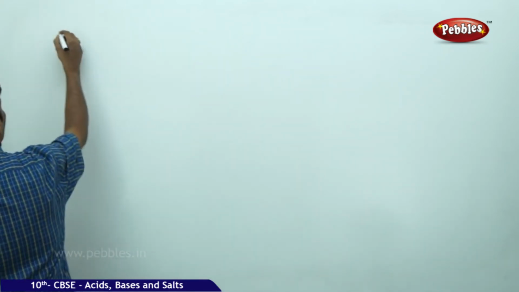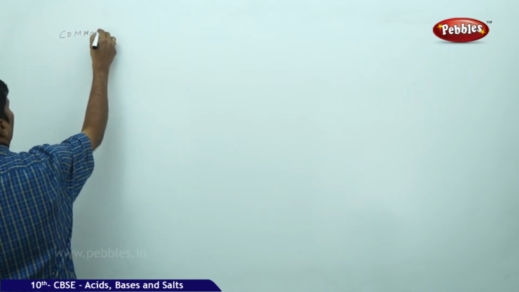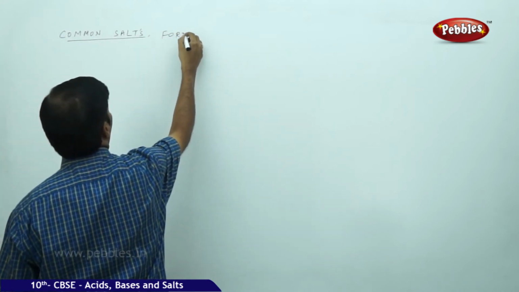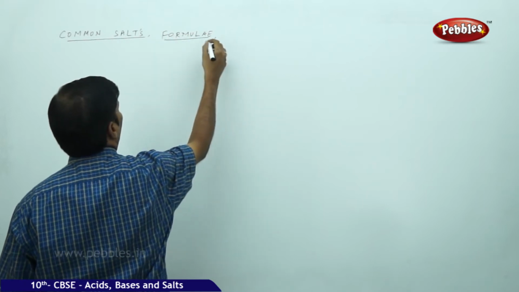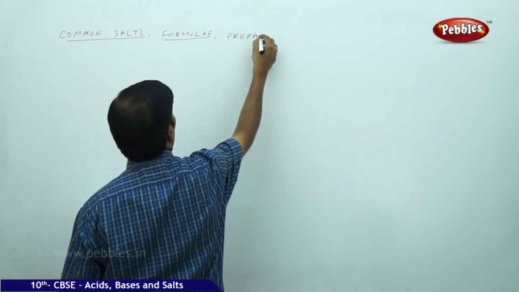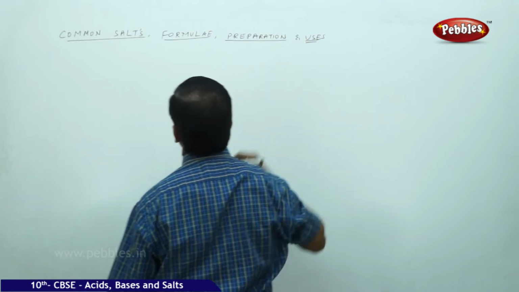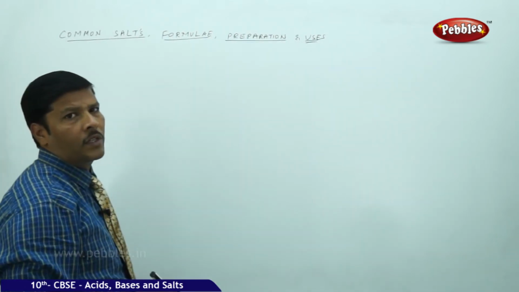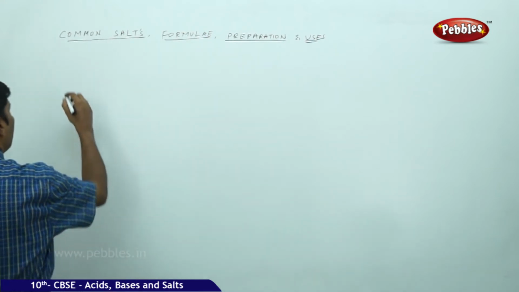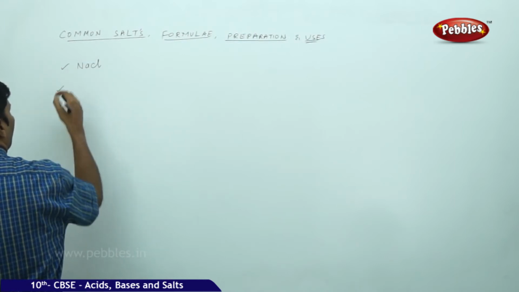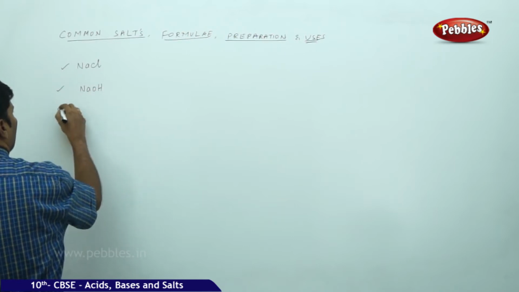So the next part of our discussion in this chapter, acids, bases and salts, is common salts, their formulae, preparation and uses. Here the commonly available salts under our discussion are NaCl, NaOH, KOH,